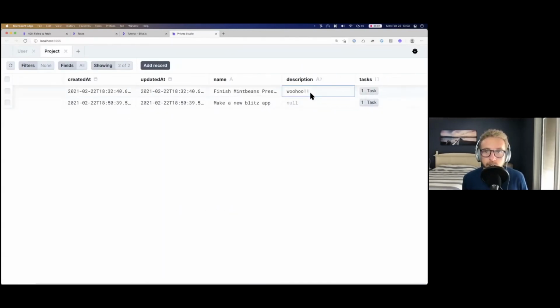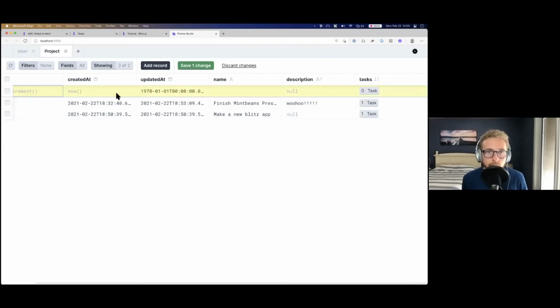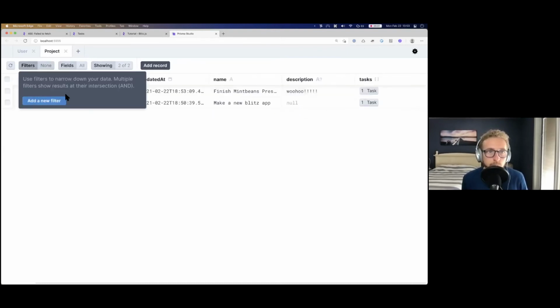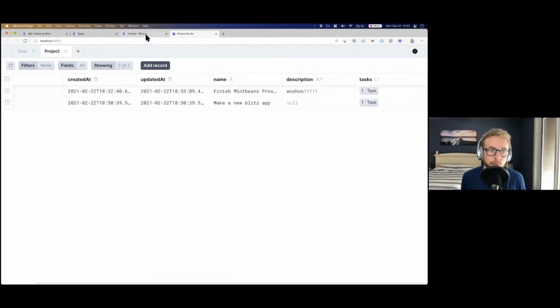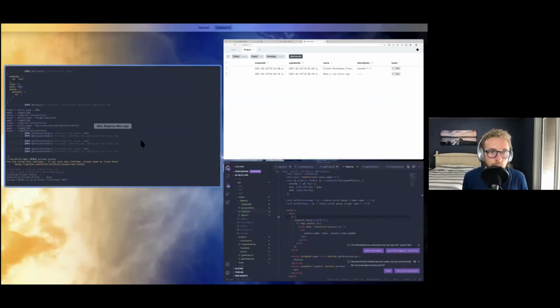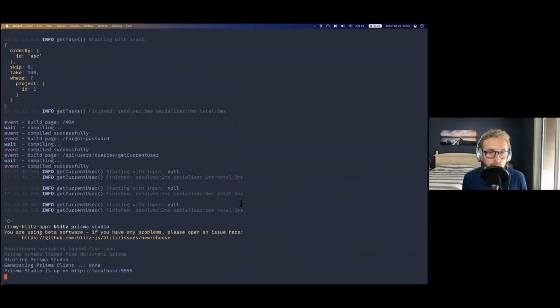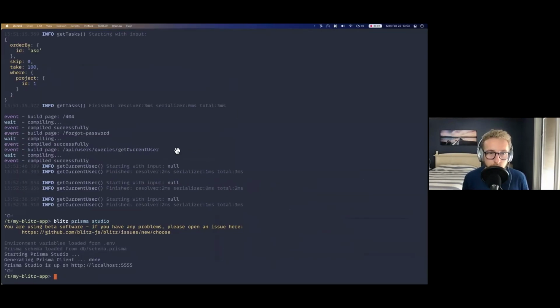So you can say, we need a few more exclamation marks in there, hit enter, save change, and now that's updating straight in the database. You can create new records, you can filter. So this is super powerful. And so, go back to your presentation, finish this.